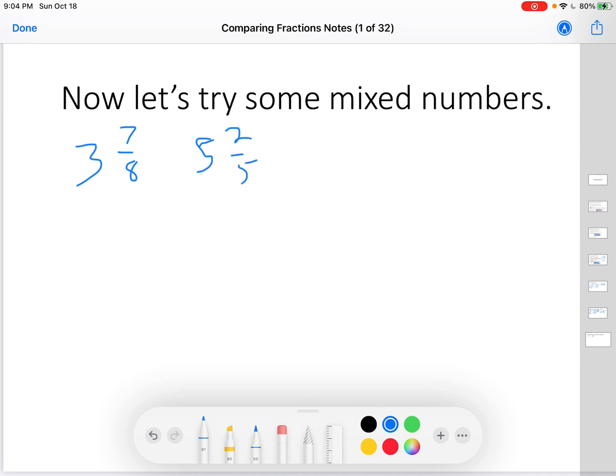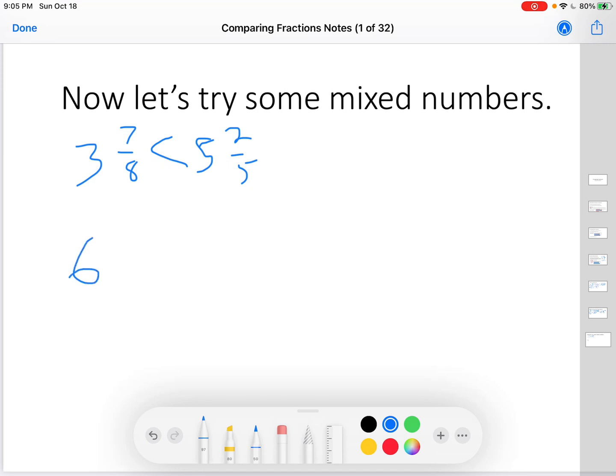Well, I could do a common denominator and all of that, but I don't need to, because 3 is less than 5, and remember how as soon as you hit something that is different, you're done comparing. That's is less than. Done. Hey, these mixed numbers are easy. Yeah, if the whole numbers are different. What if the whole numbers are the same? Then you have to do what's hard, which is compare the fractions. So let's try